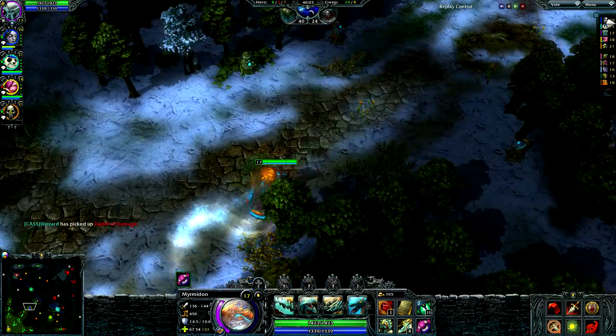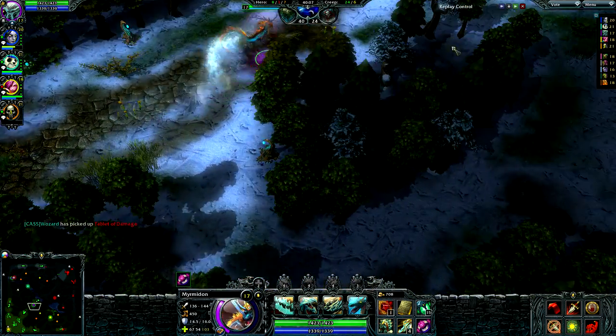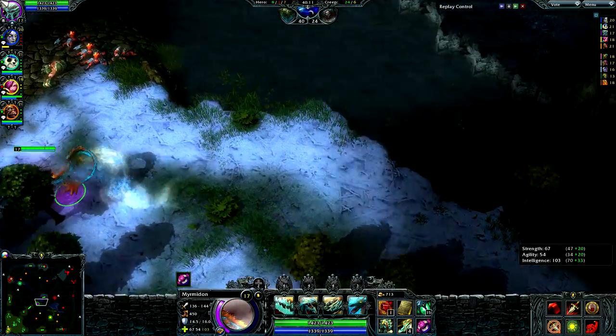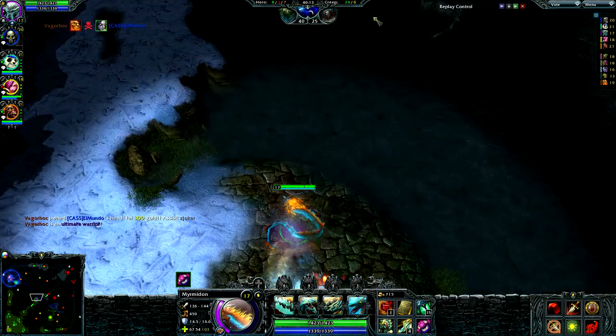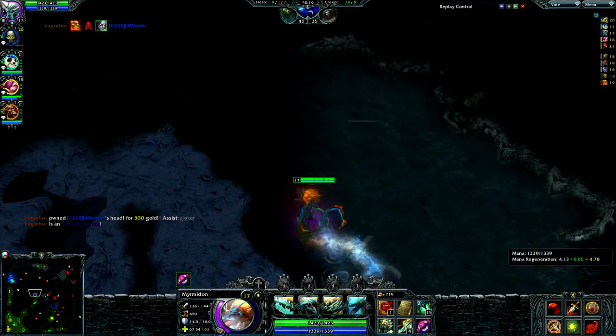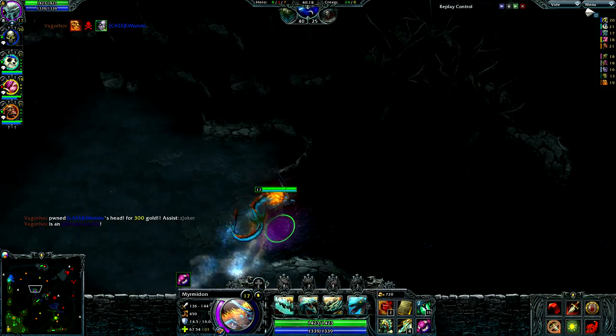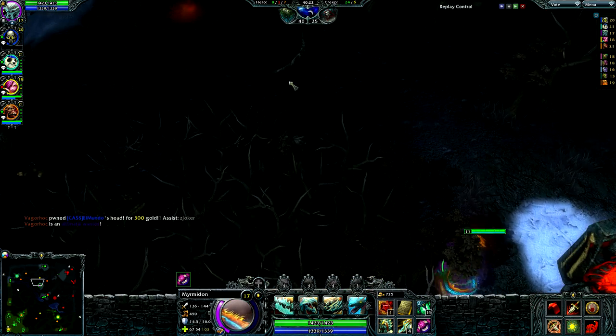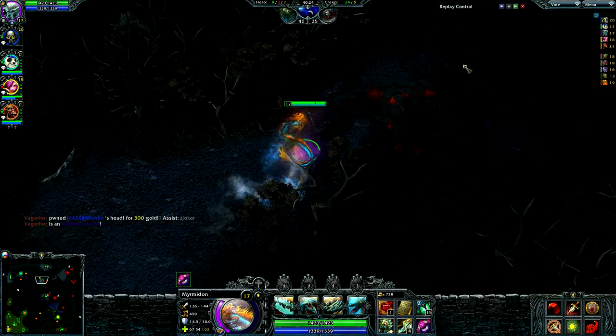I was so far in front I could afford this item. It's very expensive, but if you're against a team of predominantly magic damage dealers, it's always good to try and pick up a Barrier Idol. Someone on the team should pick up a Barrier Idol, be it a tanky person, an initiator, or someone who's gonna...